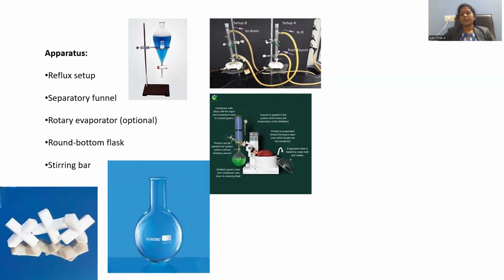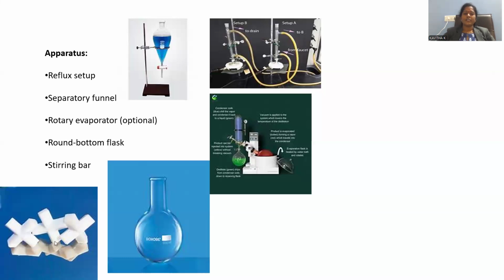The primary purpose of the rotary evaporator is the separation of impurities, any unreacted part if present, or any byproduct generated within the molecule. That is called purification. So for that purification, a rotary evaporator is a requirement. This is optional only, but it will give high grade quality for the given compound. A round bottom flask is where the reaction mixture is to be refluxed. That is the reason why we are choosing this round bottom flask.